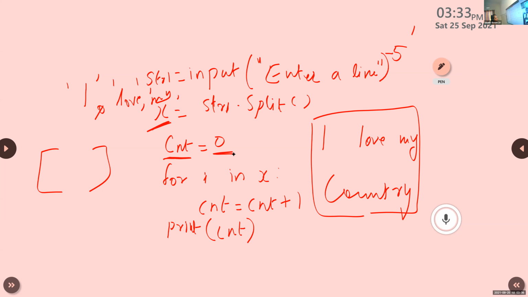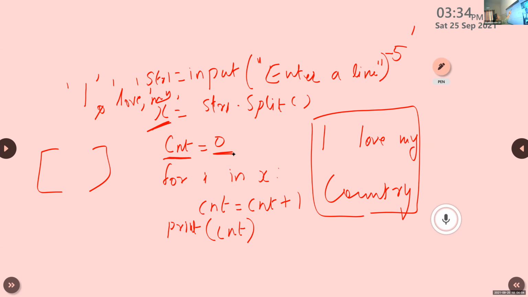In all the counting variables, we use the same procedure because we need only the starting value as 0. We don't want the previous contents, so we just initialize this variable with a new value. If you want to initialize with 1, you can initialize with 1. But here we need a starting value of 0, so we are using CNT is equal to 0.